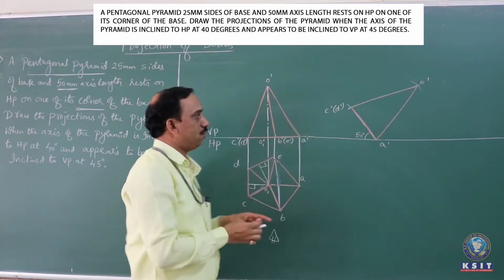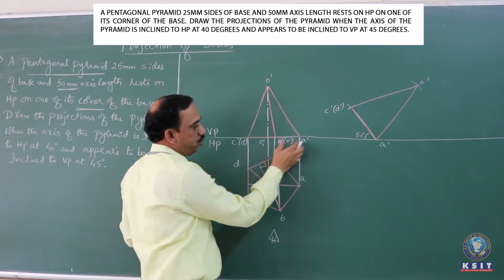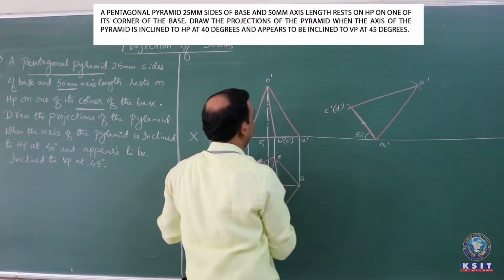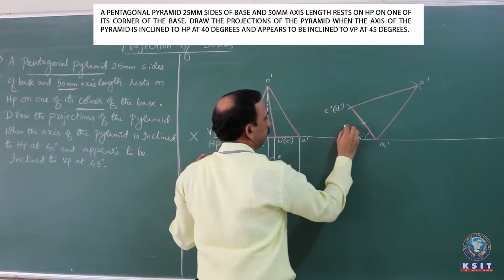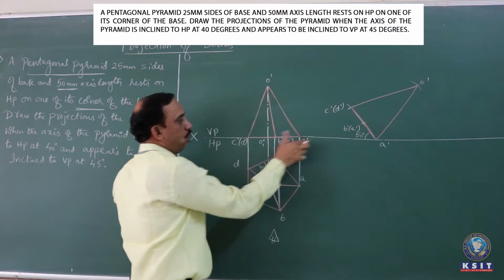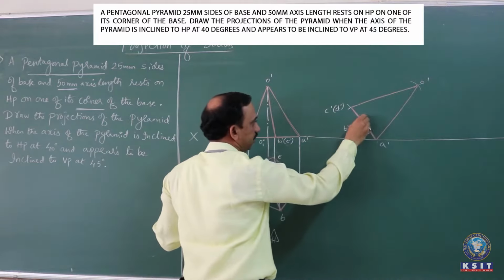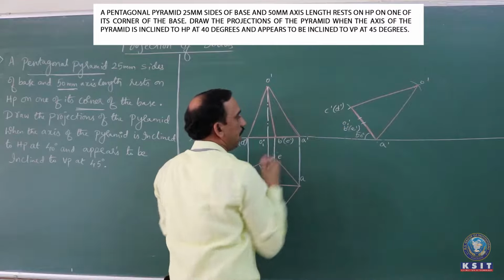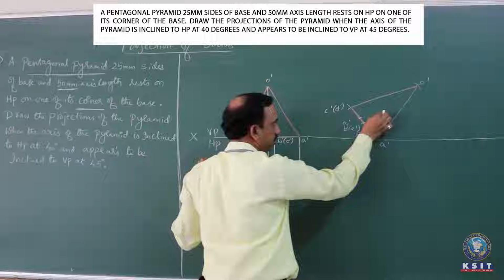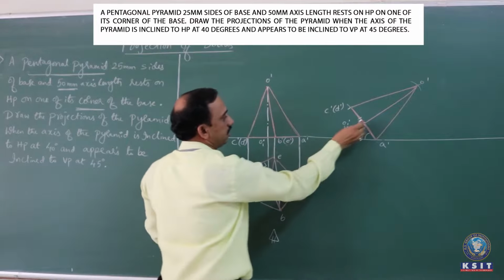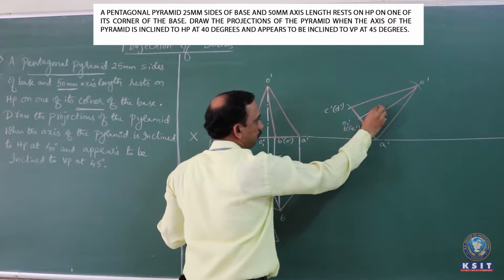Transfer the intermediate points. Measure A dash to B dash with A dash as center, cut here to fix B dash, and similarly E dash. Measure A dash to O1 dash with A dash as center. You get this as O1 dash. Now have the same line conventions. Continuous line. Similarly, this is the axis line.